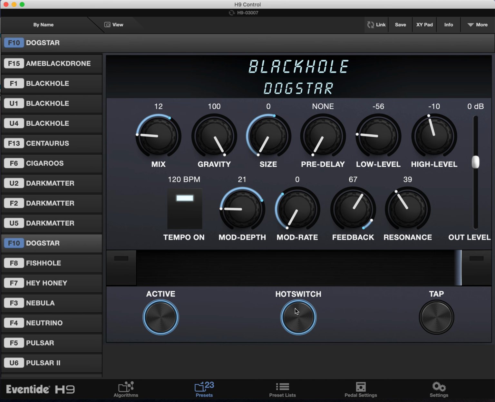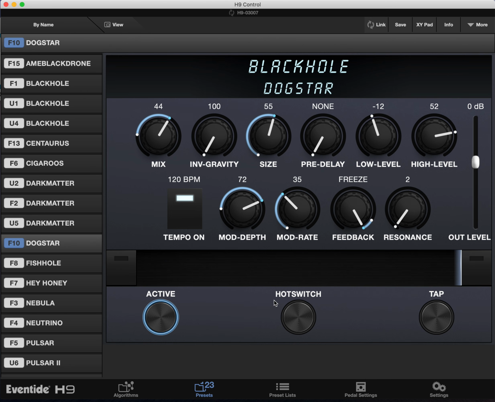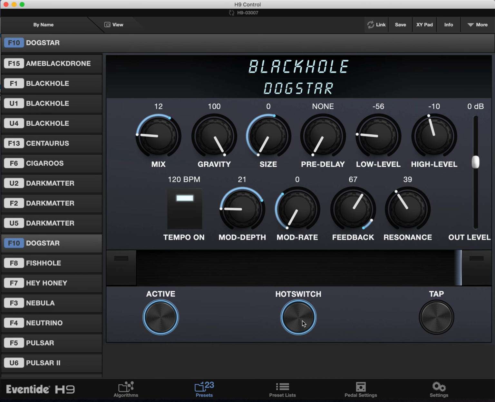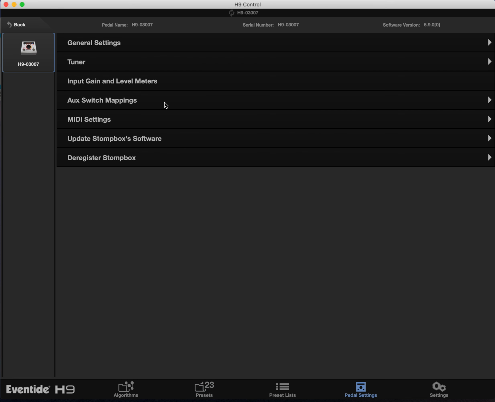Now, as you can see, with my mouse, I can click the hot switch and you'll see the values going from min and max. And these hot switch programmings don't have a blue arc, so you won't see ranges because there's no ranges to be morphed through, right? It's not like expression pedal mappings, but both functions work the same way. So you have your set expression pedal value function and you have your hot switch function. You can actually map both things to a switch.